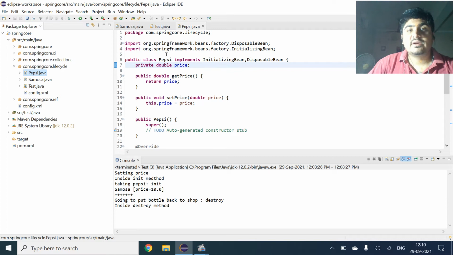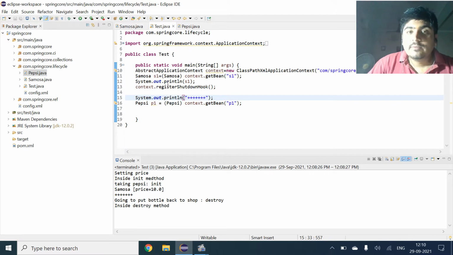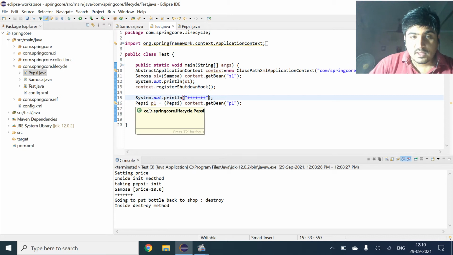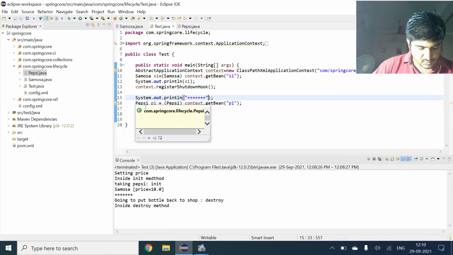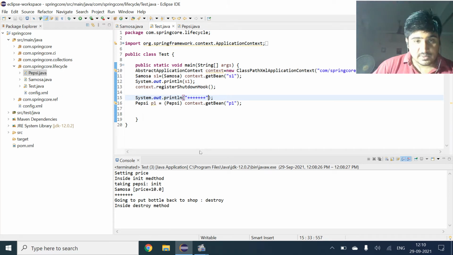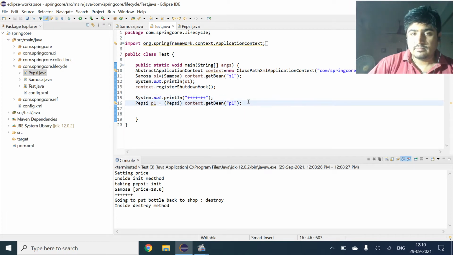When we come to our main class, that is Test.java, here I just gave this command so that we don't get confused. After that we get the input, we initialize the bean, and after initializing the bean we give the print command for that bean.